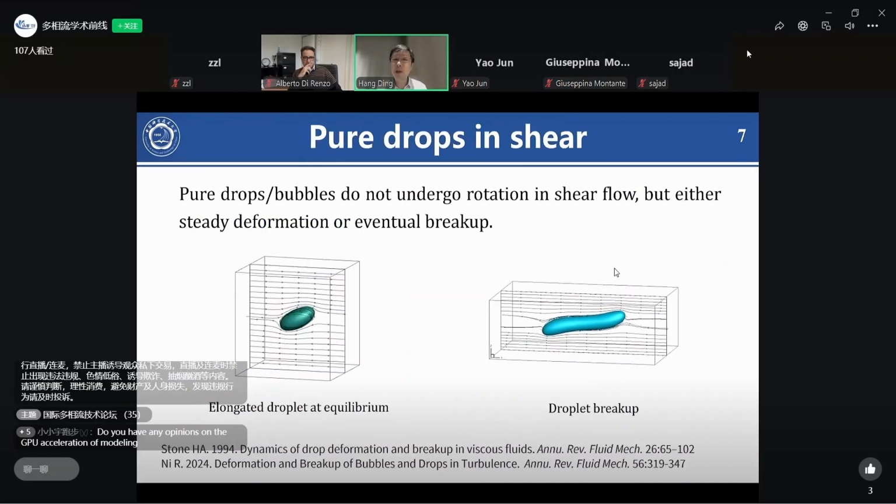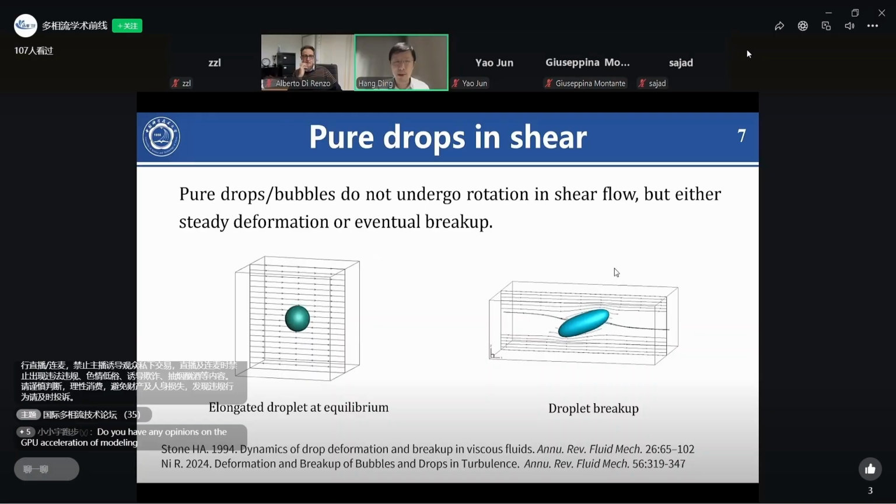We know that the particle would rotate in the shear flows, but pure droplets have very different dynamics. They don't undergo rotation in shear flow. Instead, they have a steady deformation or eventual breakup, as we show here. Okay, so this is quite